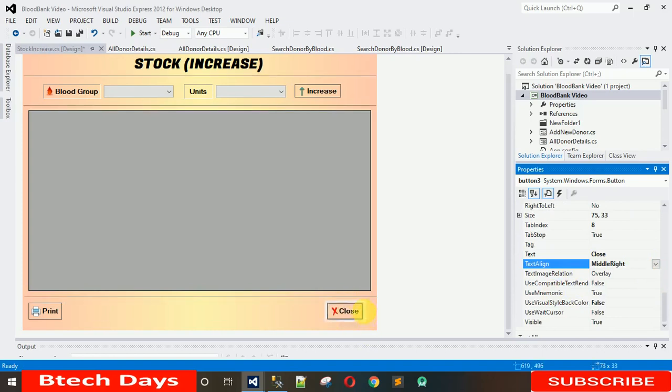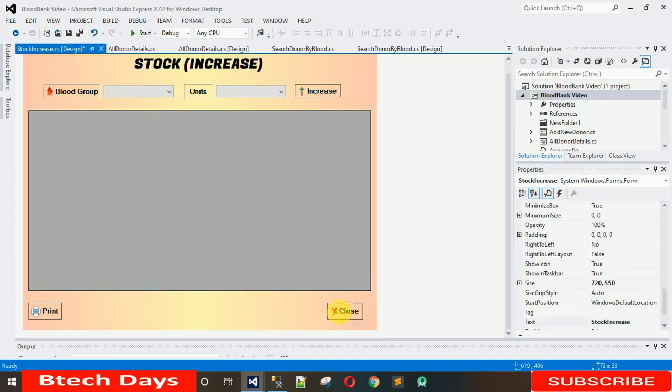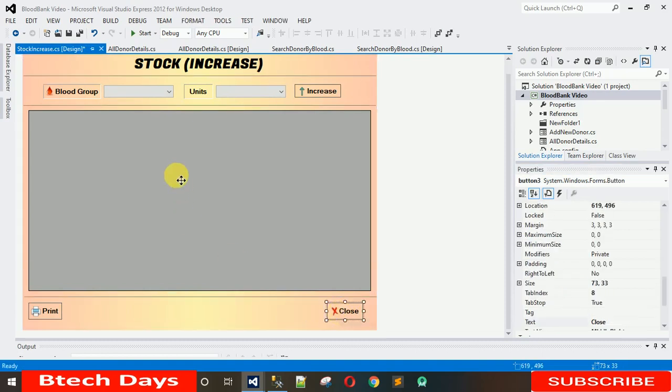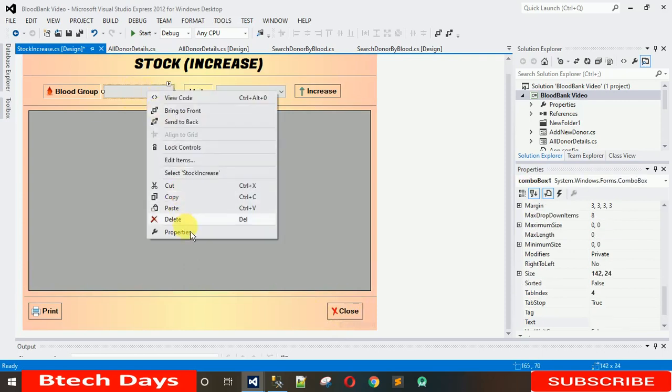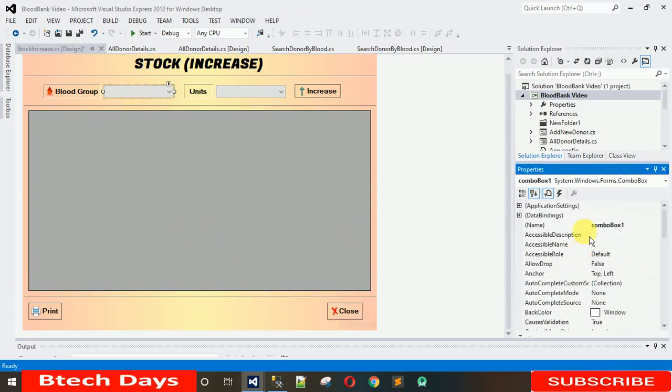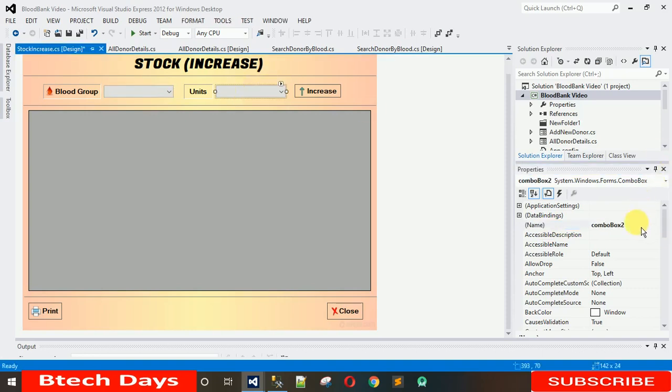So first thing, what we have to do is code for this button. So before coding anything, we have to change the name, the design name actually. So first thing, I'm going to change the design name of this one. So just right click and go to properties. So combo box 1, I'm going to name this txt blood group, hit enter, and this one to